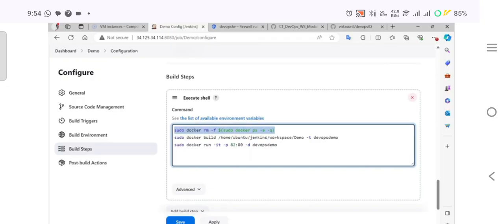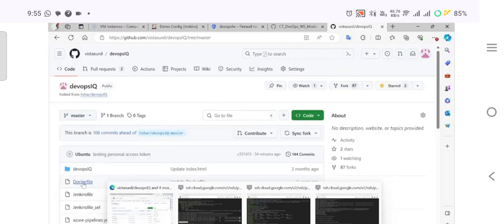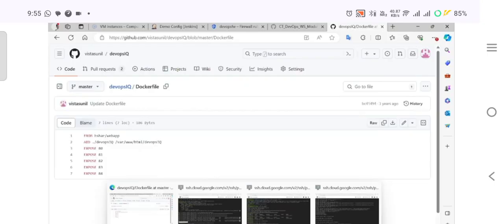Now I want to use my Docker file to build a container image. So how does the Docker build command work? If you want to build any container image, you need a Docker file. If you go to this machine again, or the repository, which is already cloned, there's a Docker file. This Docker file I will be using to build my container image that I will use to deploy my containerized website. So what this Docker file is doing, it is just referring to one base image using the FROM keyword, and